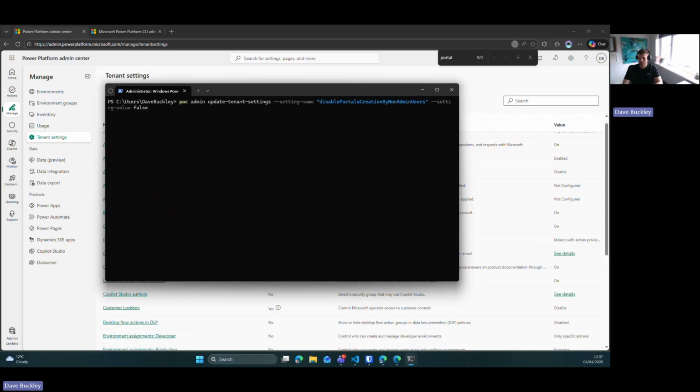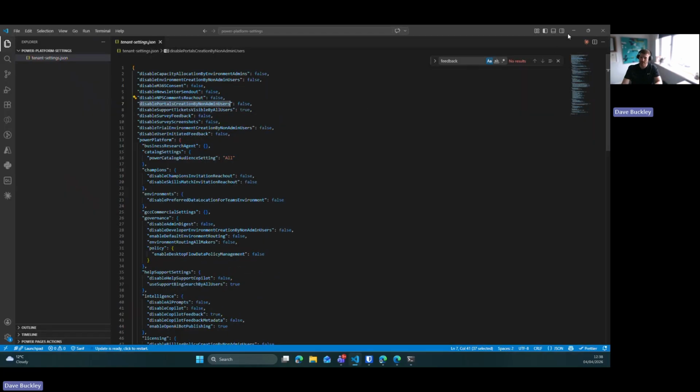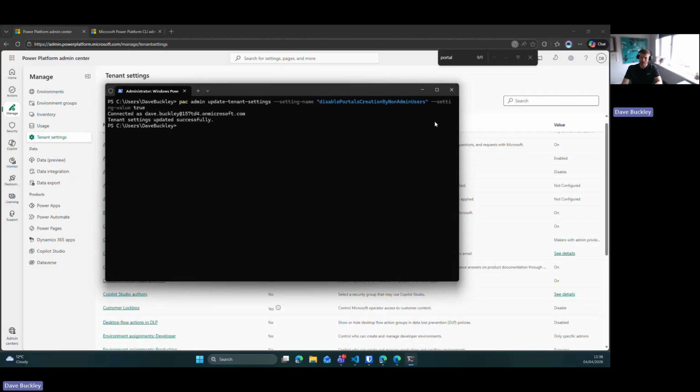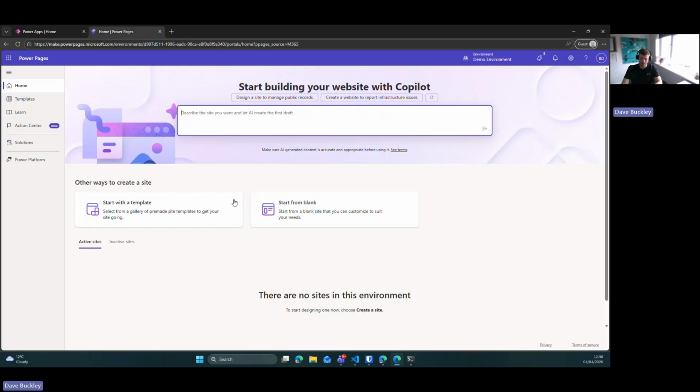So the way that you can do this is you can just do pac admin update tenant settings, provide the setting name, which is disable portal creation by non-admin users, and then the value that you want to give it. So in this instance, we want to set it to true. And you can, of course, pass the entire JSON file as we've got here for the settings. But if you just want to update an individual one, you can use this command, and that's then updated. So if I go back to my Big Dave account and I refresh Power Pages,